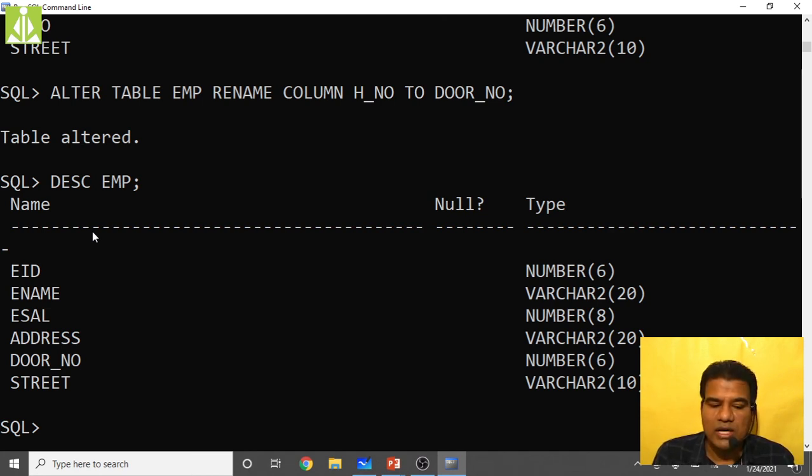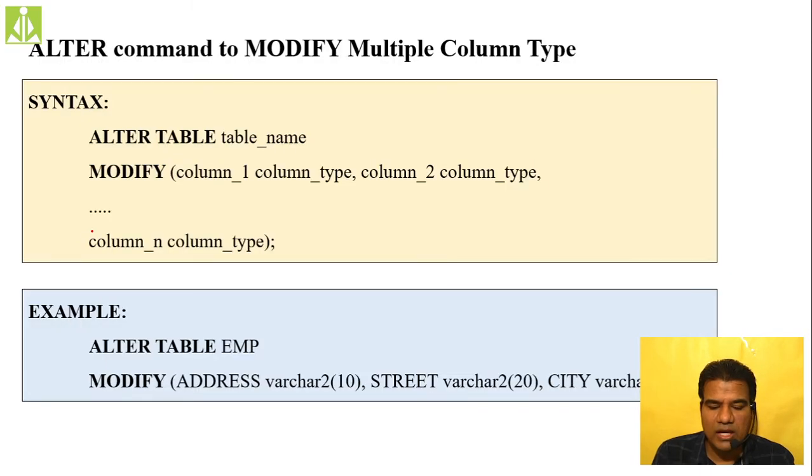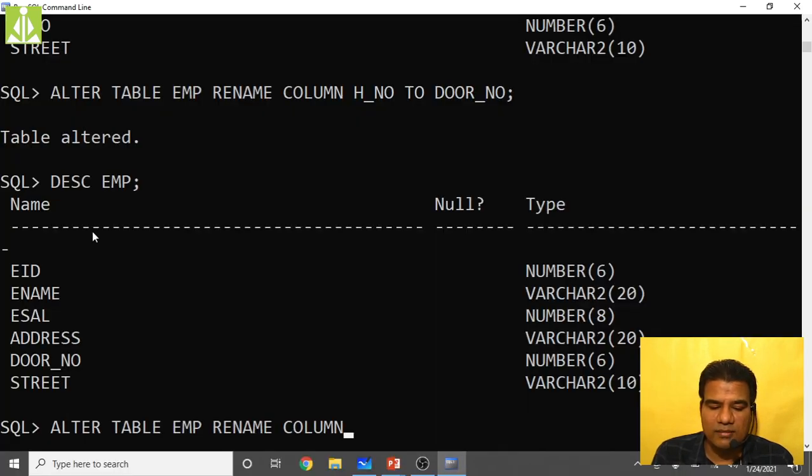So now what I do, address is varchar2, right? So address also I will make it as number, and door number is number, right? So I will make it as varchar2. It is very simple. ALTER TABLE emp, sorry, not rename column, MODIFY.